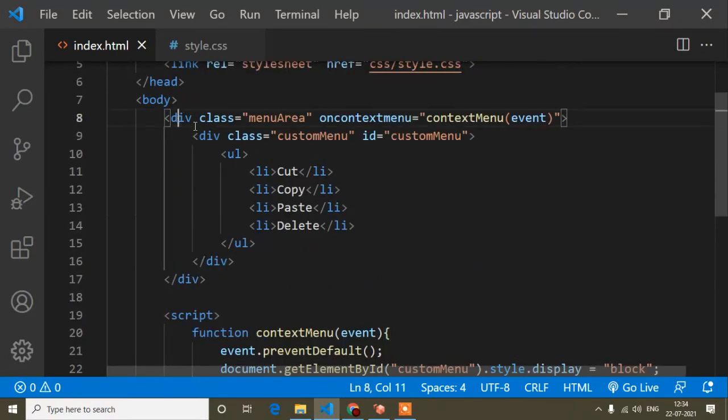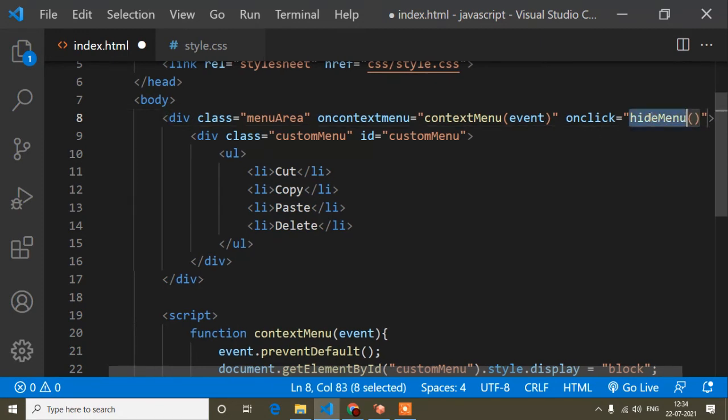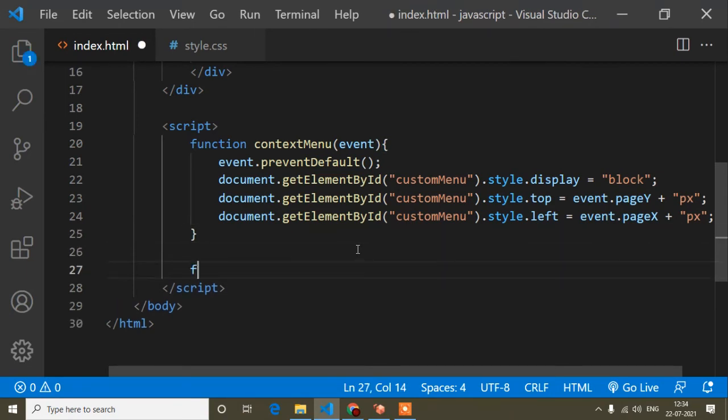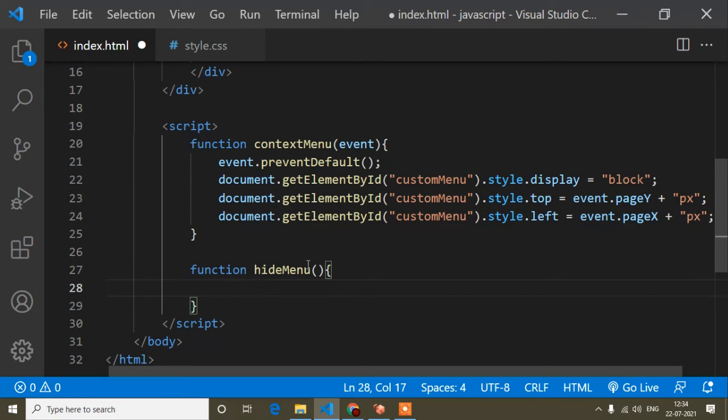Here I have to write an onclick method, and the method name I will write is hideMenu. You can write anything as the method name. So copy, and here I will define another one. Now when I click, the menu will be hidden.